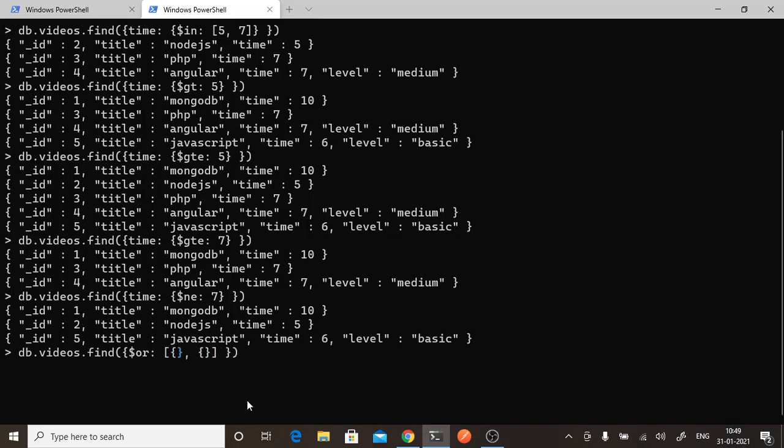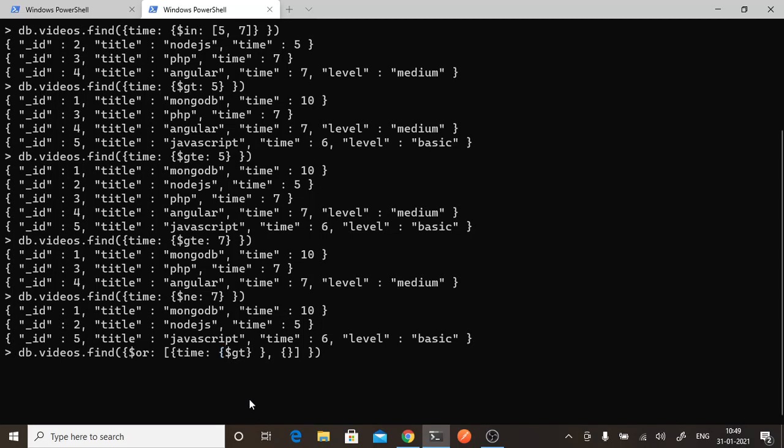So my first condition is that time should be greater than 7, so I want to use a comparison operator. Again it is $gt, and it has to be used inside curly braces. Whatever operator you are using, you have to use it in curly braces.